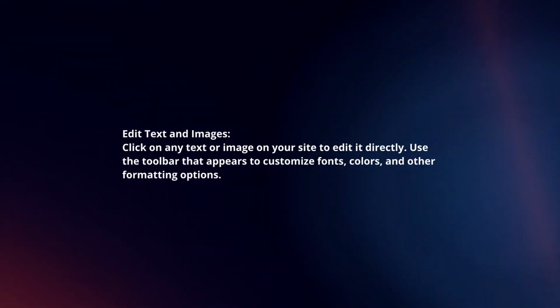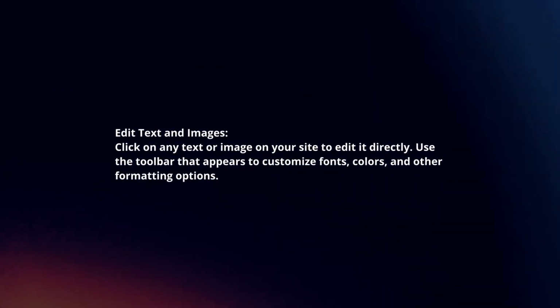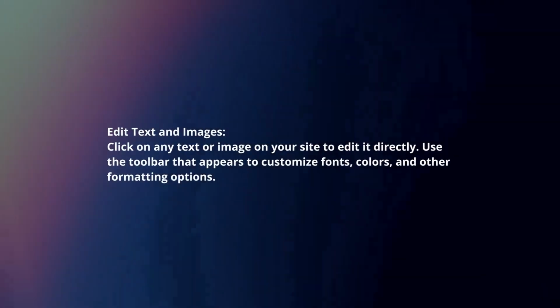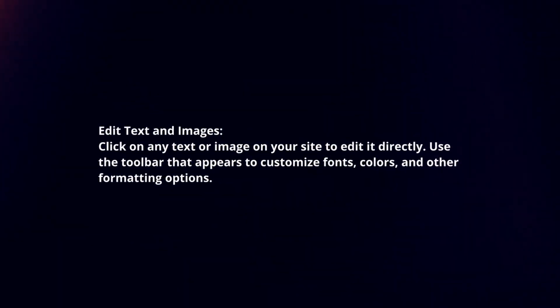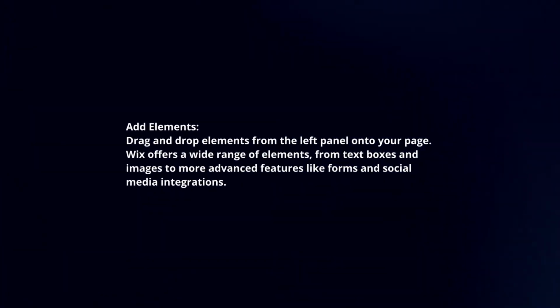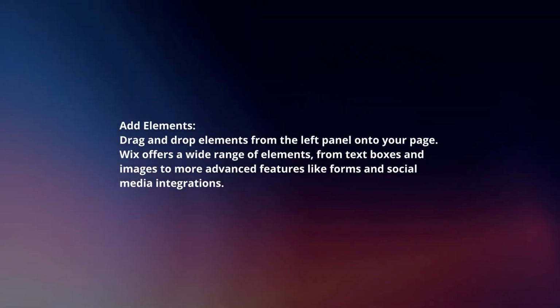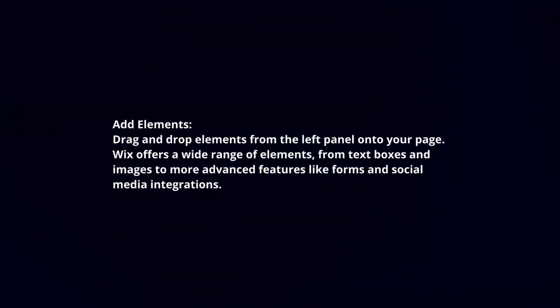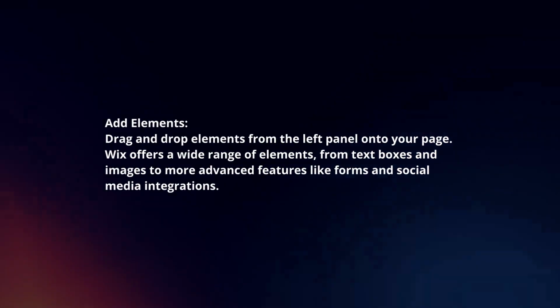Edit text and images. Click on any text or image on your site to edit it directly. Use the toolbar that appears to customize fonts, colors, and other formatting options. Add elements. Drag and drop elements from the left panel onto your page. Wix offers a wide range of elements, from text boxes and images to more advanced features like forms and social